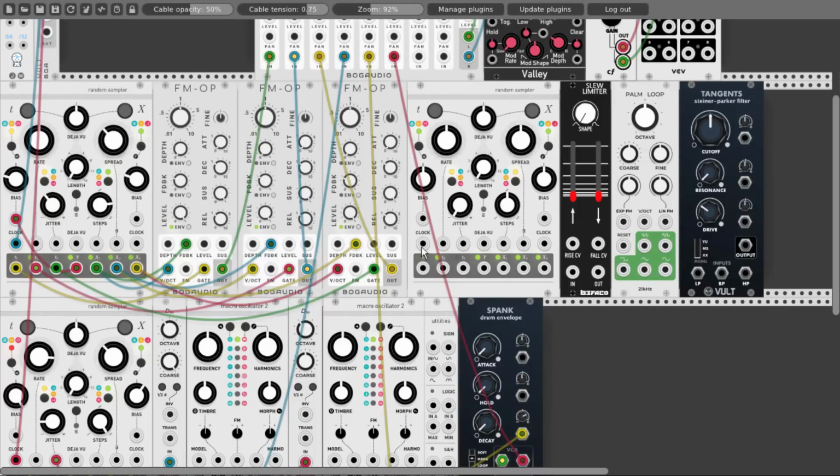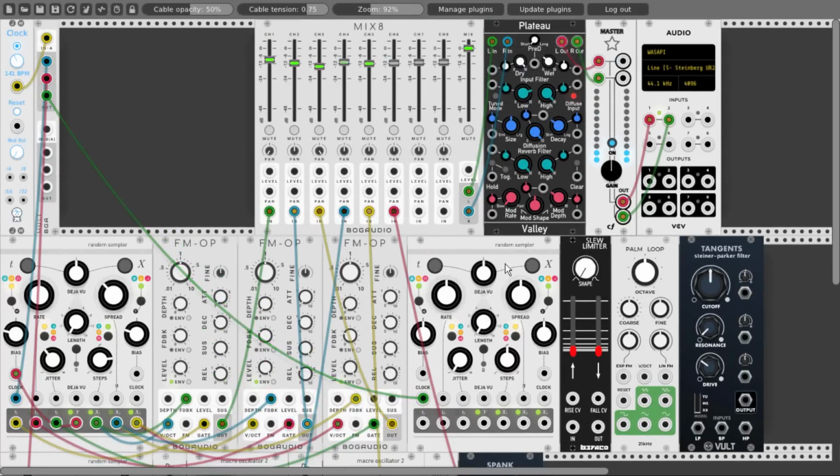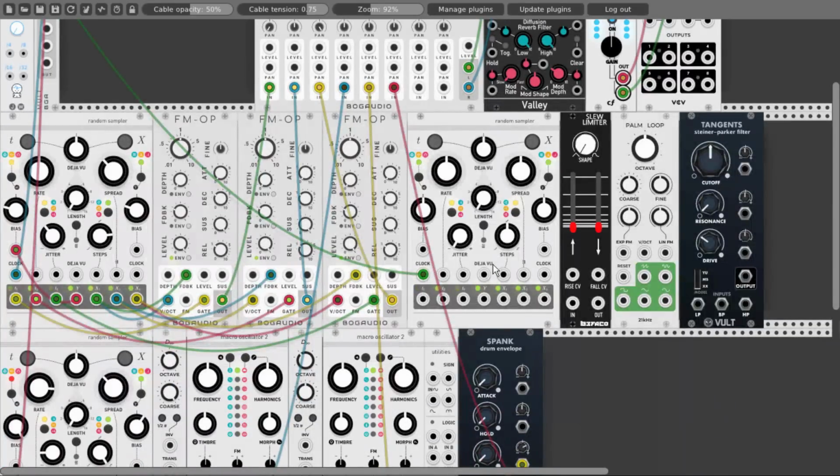And let's use the same clock to drive Marbles. And let's turn the bias of the X section all the way down, so we get more lower notes, and the spread to around 9 o'clock. And we will use the X1 output to change the pitch of the oscillator, and let's run it first through the slew limiter, of course. And let's raise the, let's call it attack and decay. So now we get a nice glide between the notes,